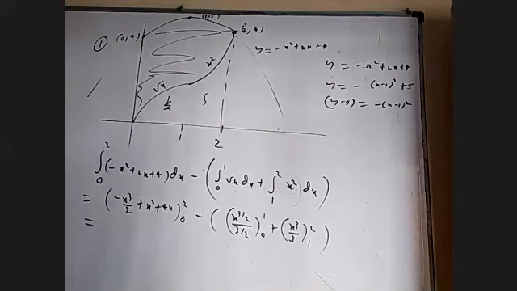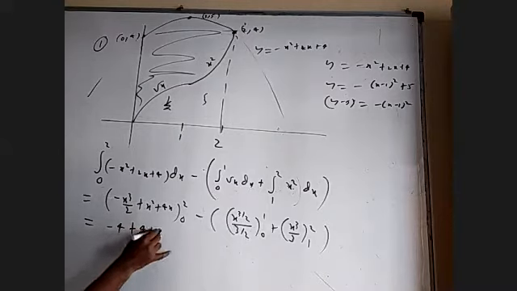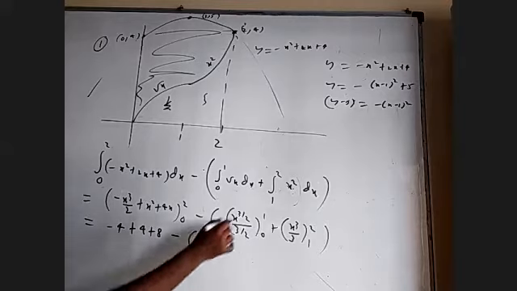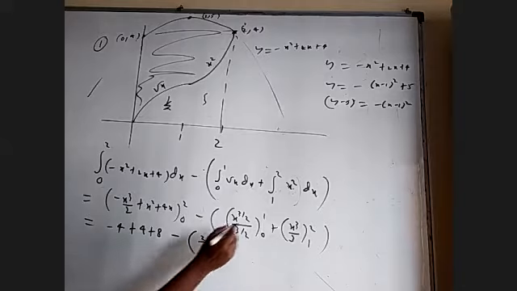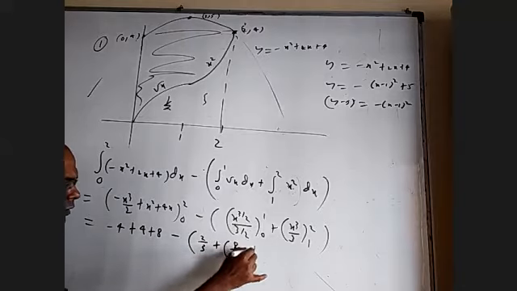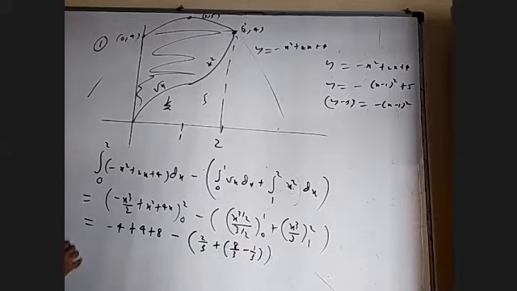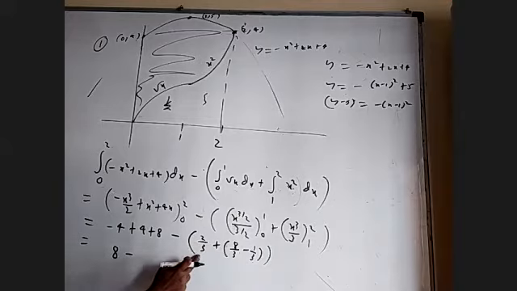Okay, when I substitute 2, this will be minus 4, this will be plus 4, this will be plus 6. And when I put 1 here, it is 2 by 3. There it is 8 by 3 minus 1 by 3. So minus 4 plus 4 is... so I got 8 minus 2 by 3 minus 1 by 3 is 1 by 3. 9 by 3, 3. 8 minus 3 is coming exactly into 5. No, something wrong.